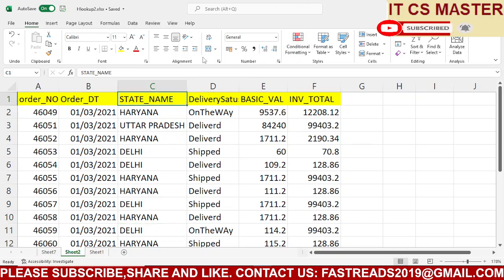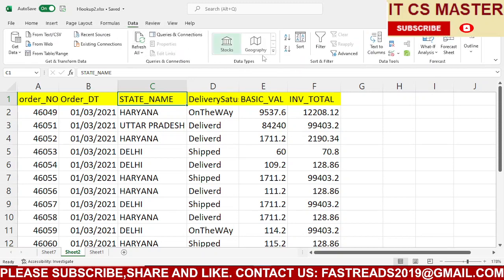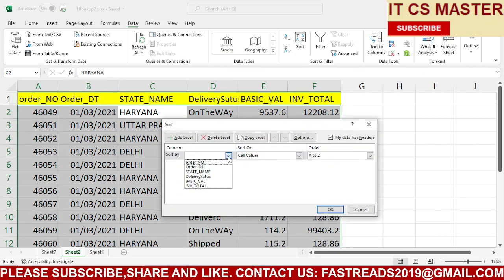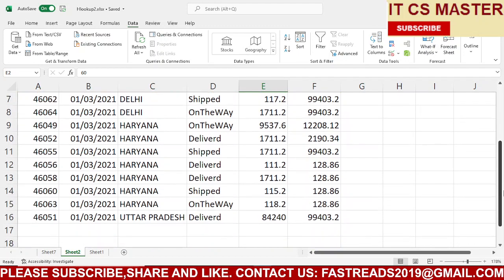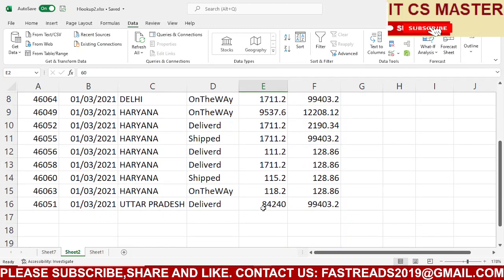Here I'm doing sorting on state name basis. Here I have sorted, and suppose I'm taking the two states, and Uttar Pradesh is a single state. I have removed the value of Uttar Pradesh state.